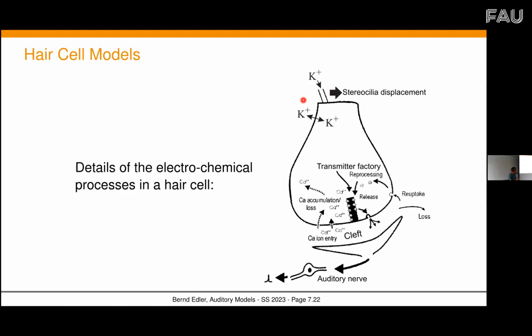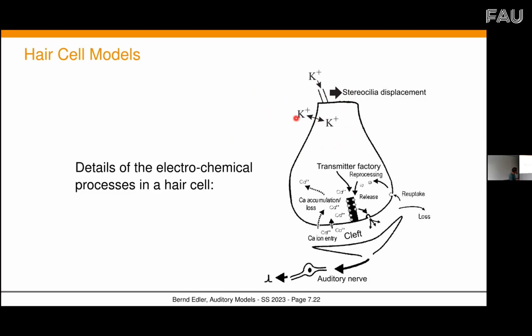Other models are much closer to and analyzed much more what's actually going on. The first part I explained already. The input is more or less the stereocilia displacement or the velocity of the basilar membrane. That's what they are connected to each other. Then we have this mechanism of the potassium ion entering and